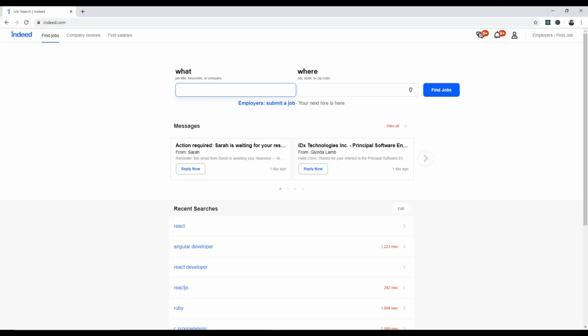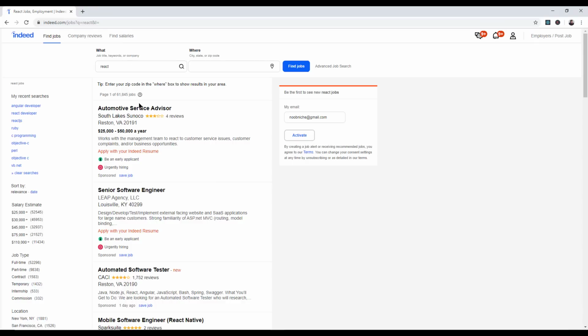And then sometimes you have recruiters that will make multiple listings for the same job. And then sometimes recruiters will actually just make up jobs altogether to try to build up a mailing list of potential developers when they do actually get a lead. So it's a very unscrupulous business there. But anyway, let's go ahead and look at this. So if I were to just type React in here, which I find interesting, you get